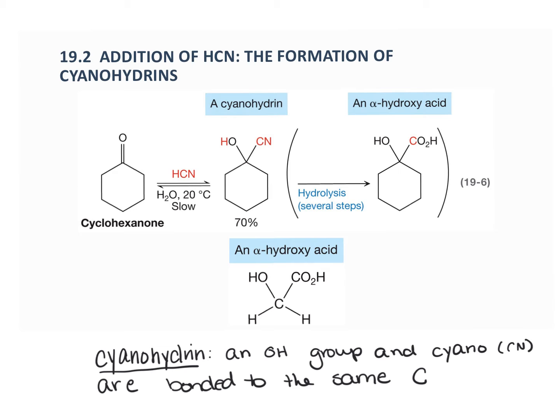Now, cyanohydrin formation is important for two big reasons. First, it's another valuable carbon-carbon bond forming reaction, and so it gives us an additional way to construct large carbon backbones if we need to. Second, the carbon-nitrogen triple bond functional group, which is a lot of times shortened to this, but remember there's a triple bond in here,